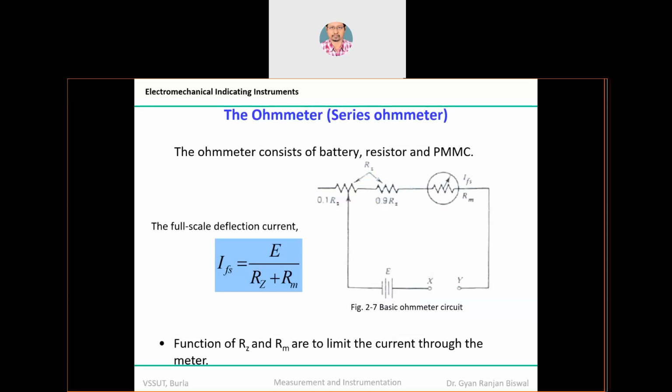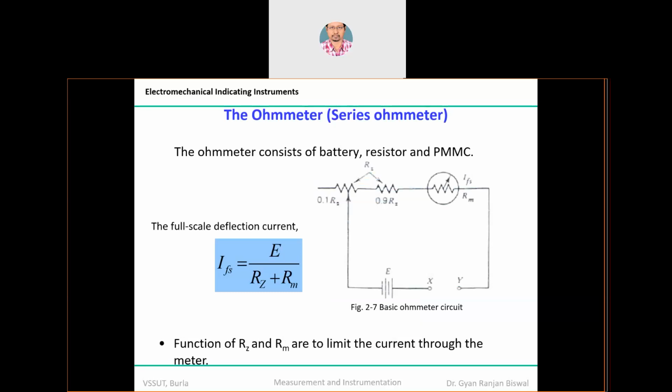Now, we'll go through the last application. We measure the voltage, we measure the current. We are also able to increase the range of voltage measurement, and to increase the range of an ammeter. We are also able to increase the range of a voltmeter using the PMMC device. Now I want to use the PMMC device for measurement of resistance. Can I do it? Yes, you can do it, because you know the meter resistance, so the unknown value of resistance can be found out. Let's say that the unknown value of resistance is Rx. Now this Rx I can classify.